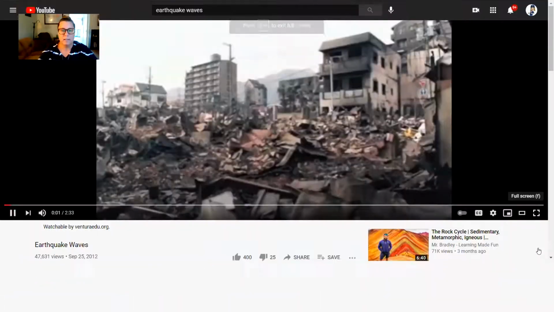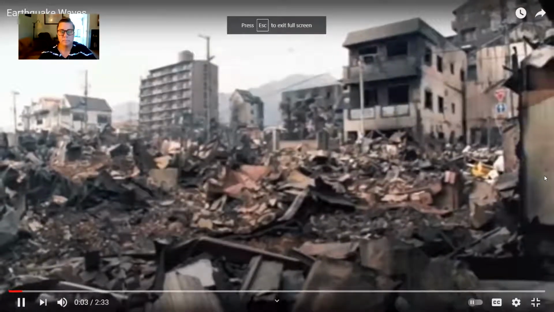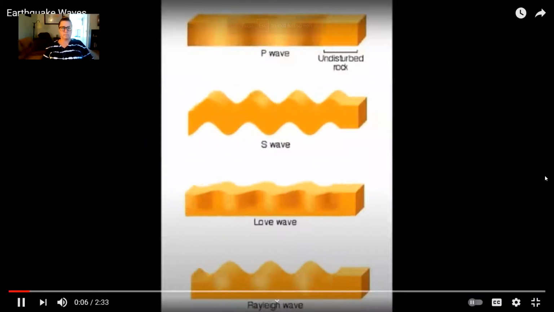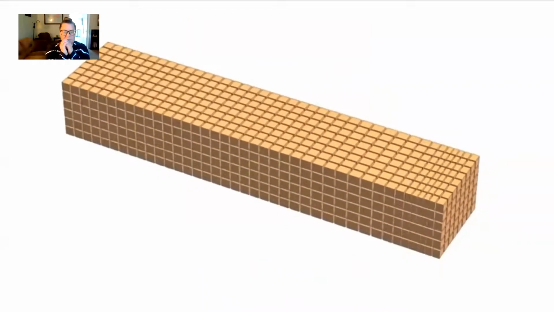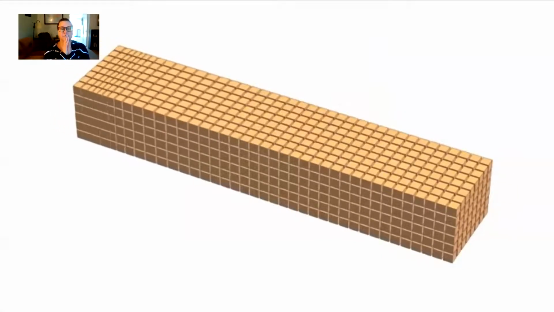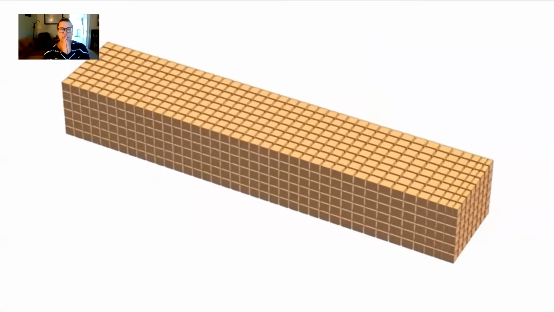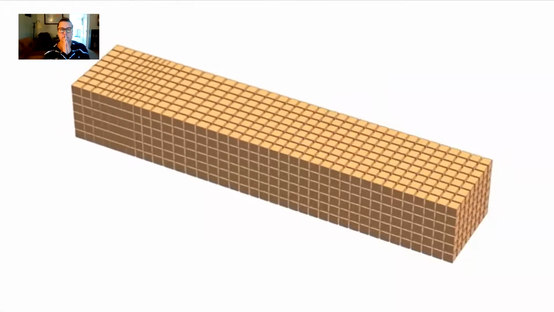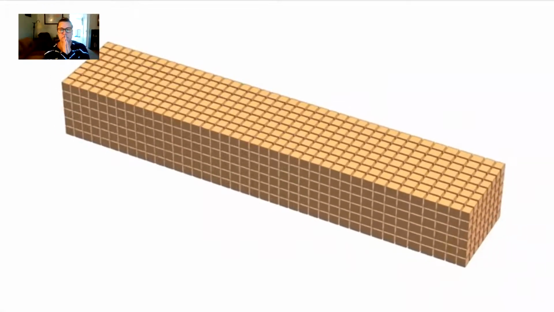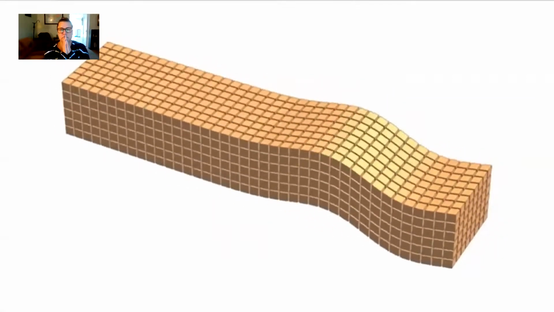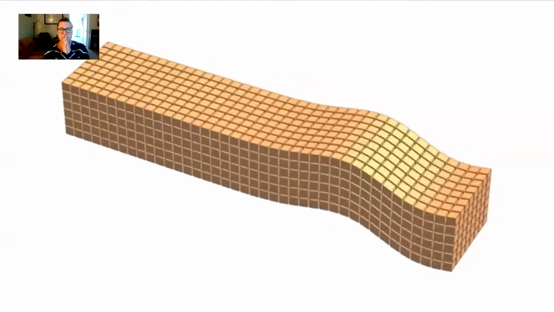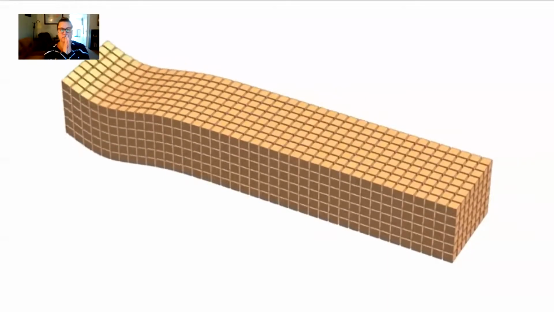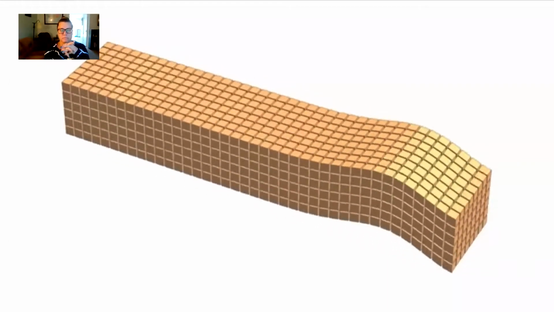There are three basic types of elastic waves which cause earthquake waves. Two of those three develop in bodies of rock. The faster wave is called the primary or P wave. It moves in the same way as a sound wave, so that as it spreads out, it pushes and pulls the rock. The slower of the two waves is called the secondary or S wave. When an S wave forms, it shears the rock sideways at right angles to the direction it is traveling in.